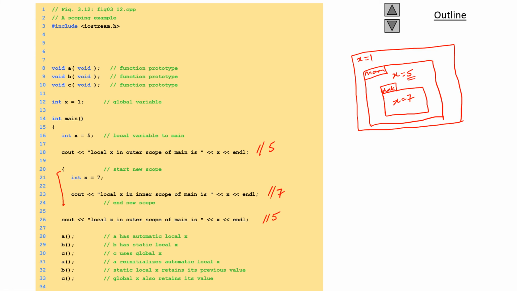मेन फंक्शन था। इसी तरह यहाँ पे एक सी फंक्शन है, उसके अंदर भी ये एक्स एक्सेसिबल है, जिस तरह मेन में एक्सेसिबल था ये भी इसमें एक्सेसिबल, एक सी फंक्शन है। इसी तरह यहाँ पे बी है और इसी तरह यहाँ पे ए है। सो दिस एक्स इज इन द आउटर फ्रेम एक्सेसिबल टू मेन, एक्सेसिबल टू सी, बी एंड ए। इसके पास अपना एक्स है, इसके पास अपना एक्स है, लिहाजा ये लोकल यूज़ किया करेंगे। इसके पास अपना एक्स नहीं है तो लिहाजा ये वाला ग्लोबल वाला यूज़ करेगा। दैट इज़ हाउ इट्स वर्किंग।